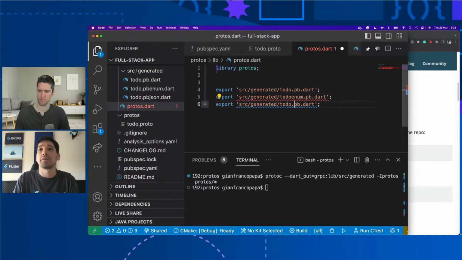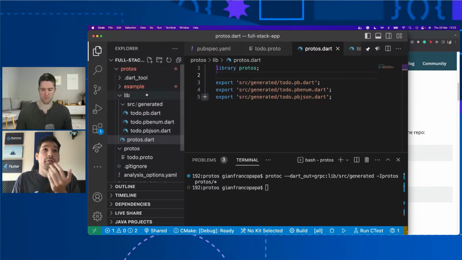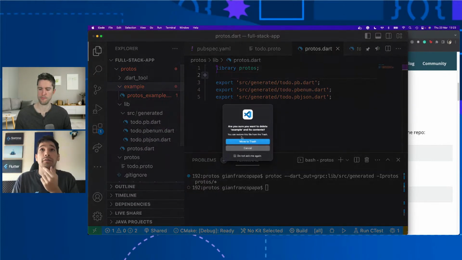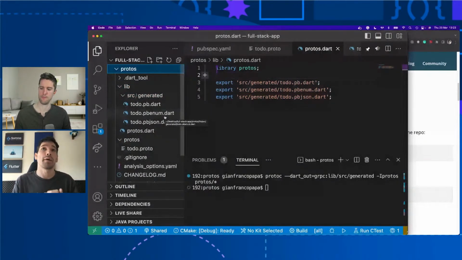You will find the ones for enum and JSON. So great. Here, maybe we can remove the example as well. We just define our models, and we can start sharing this package in our front end and our backend, and we will have access to our to-do object, right?